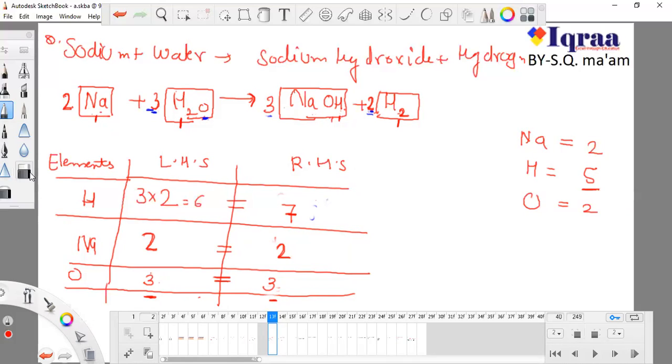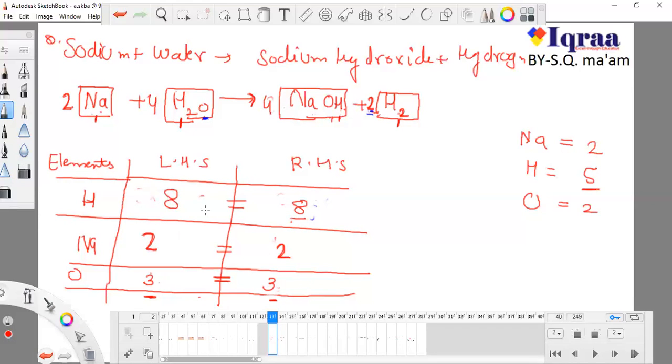Okay, I'm writing 4 here. So the number of hydrogen is 8, and the number of hydrogen is 7 here. That's why I'm changing the number, that is 4 again. So there is again a change. Now the number of hydrogen is equalized: 4 hydrogen and 2 2s are 4 hydrogen, that is total 8.